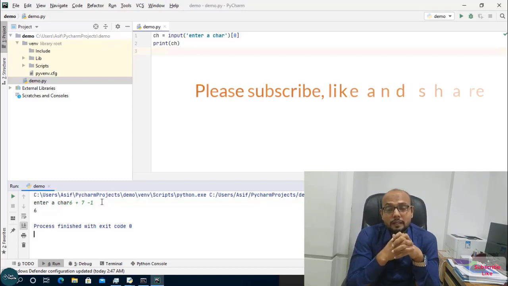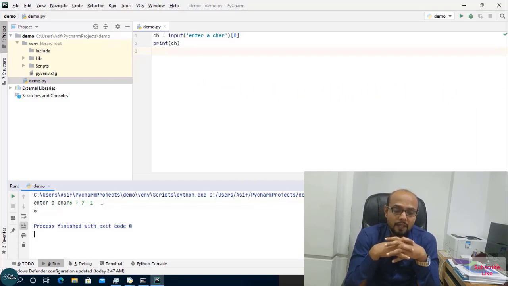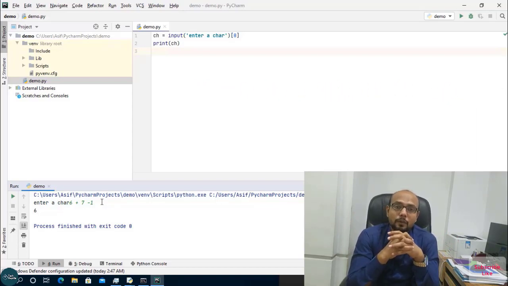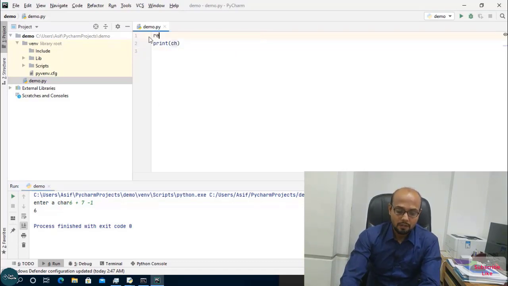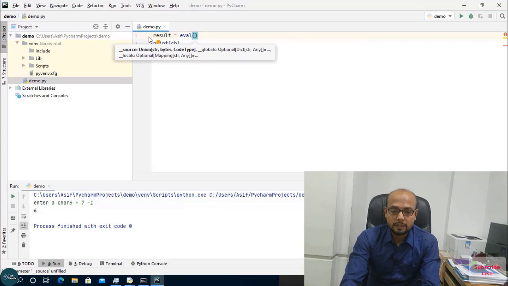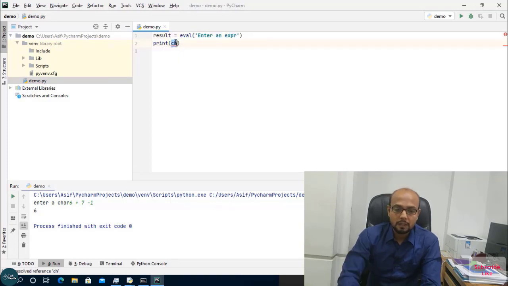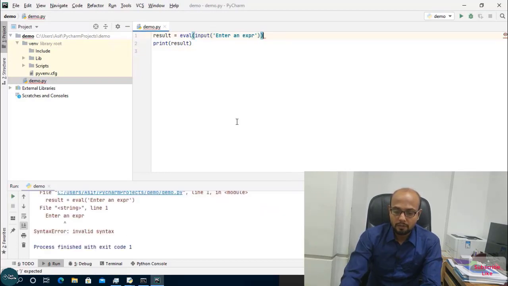But how can I get the output? There is a function called eval, by which I can work with expressions. Like if I say result equal to eval, then I need to pass an expression and I have to print the result. If I run this code, I need the input function as well.